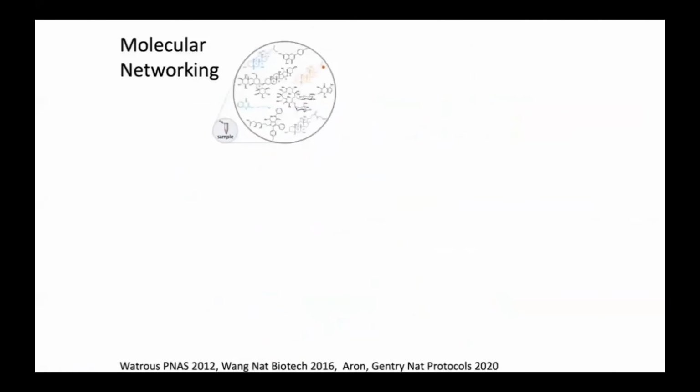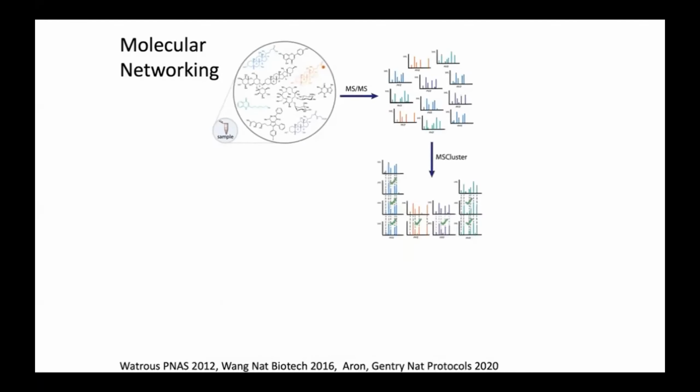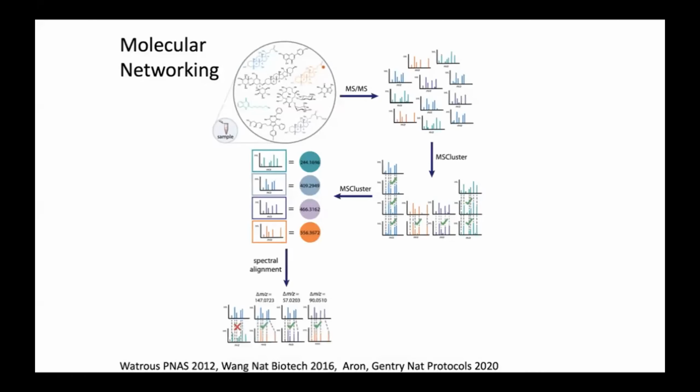To show you how this works, you first need to understand how molecular networking works. If you have a sample with a complex mixture of metabolites, in untargeted metabolomics, we fragment all the ions that are observed. So we get these fragmentation patterns. We then merge all identical spectra and represent those as nodes. Each of these nodes, the way you can think about it, represents a unique molecule. It's not a perfect picture, but for the sake of this talk, that's how you should think about it. Each node is a molecule.